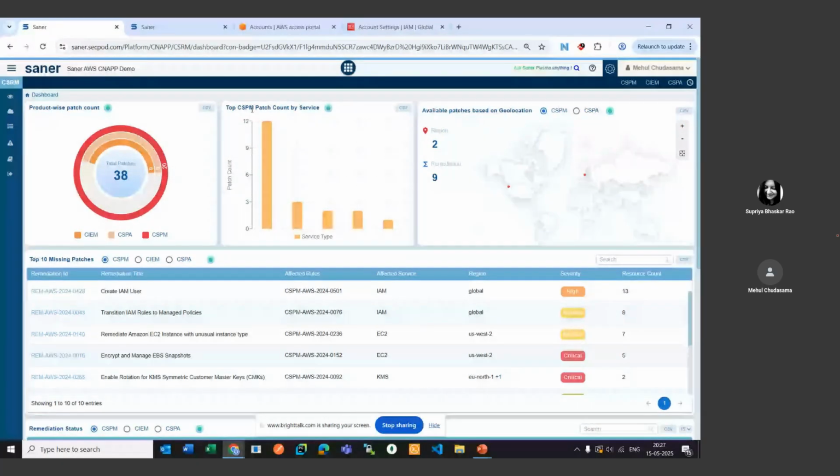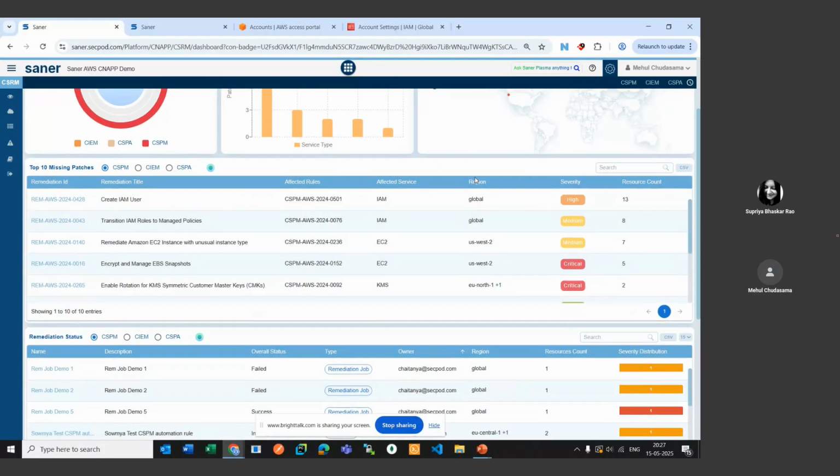Also, the patches are categorized based on the service type. So most of the patches will fix your IAM resources and then followed by RDS and then followed by your EC2 instances. Also, we show the patch distribution based on your geolocation. This gives you an idea that if you run these particular patches, which region will be fixed.